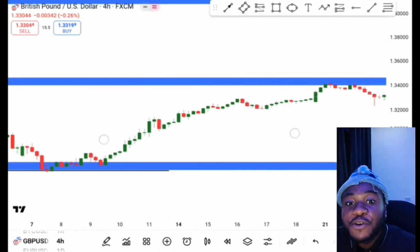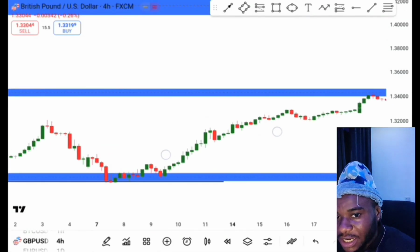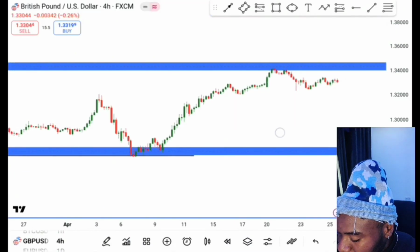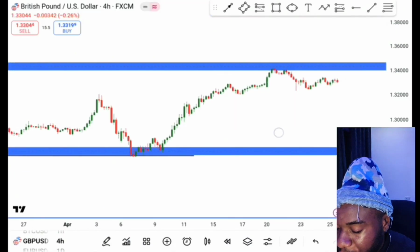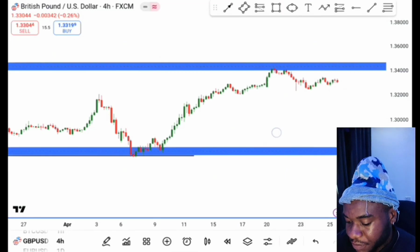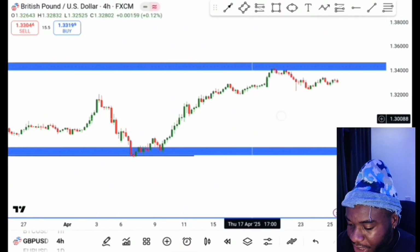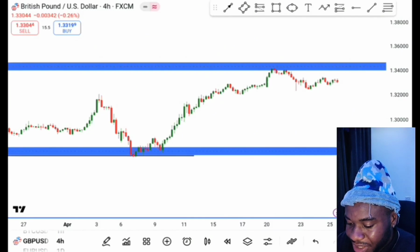4 hours time frame for bigger picture. This is top down analysis, so you understand what GBPUSD is actually doing. So we've gone to our 4-hour time frame. When we come to this 4-hour time frame, we can see that GBPUSD is actually